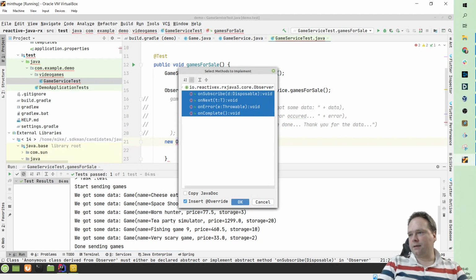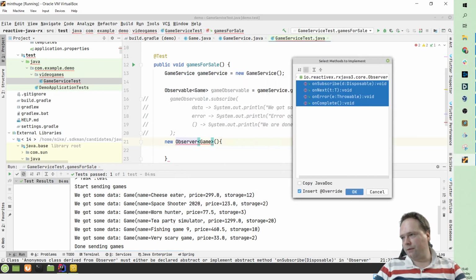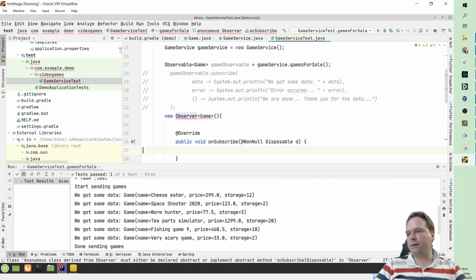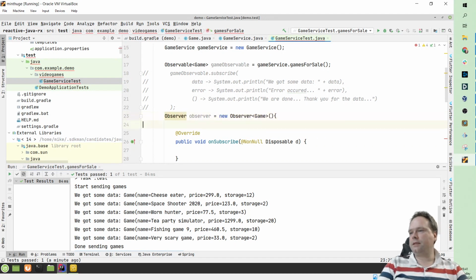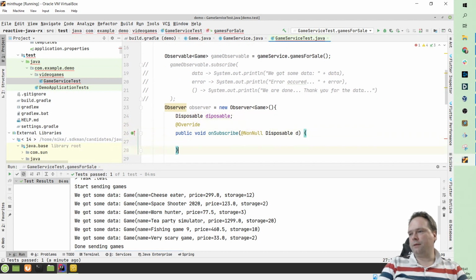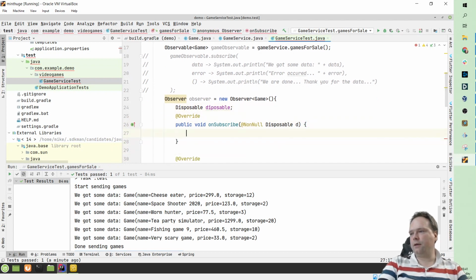Unsubscribed, on next, on error, on complete. You know about three of them right now. But unsubscribe, that is your new method, and that's the one that we actually need, and that is why we are creating an observer like this, because we actually need the disposable right there. I will set that as a member variable, and when on subscribe, then I will say disposable